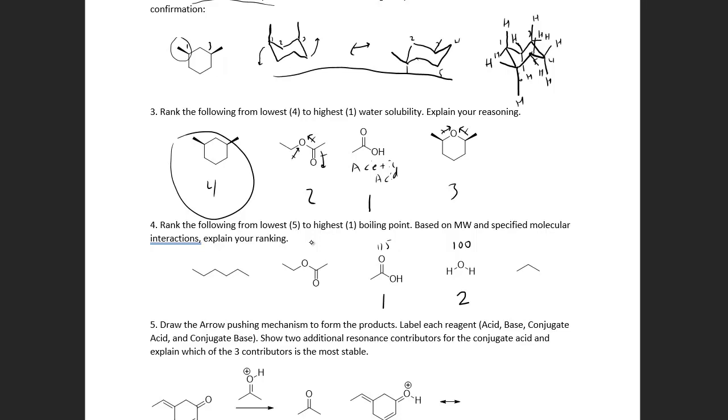Hexanes actually has a fairly close boiling point to ethyl acetate. But the reason I put these on here, I think ethyl acetate's a little bit higher because, again, you have your dipole-dipole interactions. So you're pulling electron density that way, pulling electron density that way, pulling electron density that way. So this ethyl acetate can interact with itself. Even though it has a very similar molecular weight to hexanes, this one is probably going to be a little bit higher